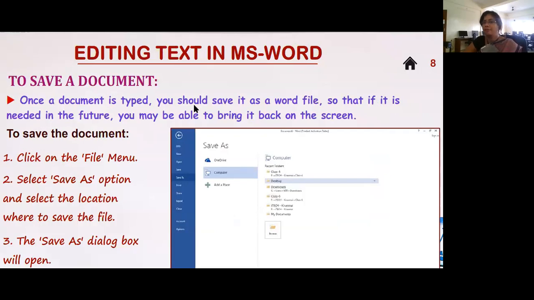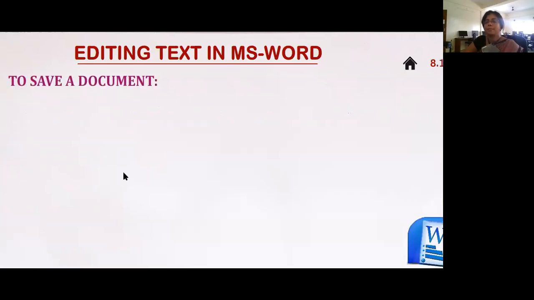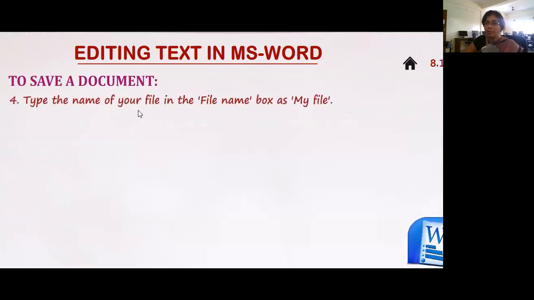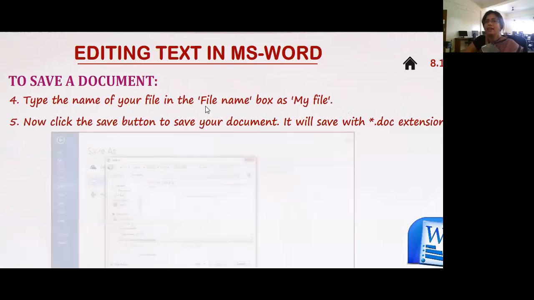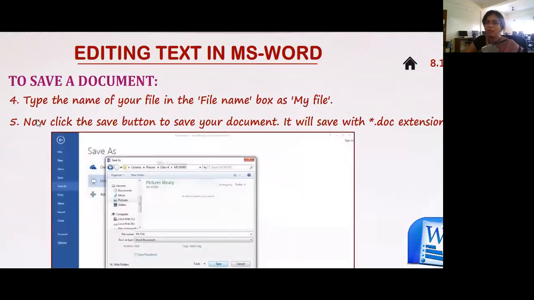Once a document is typed, you should save it as a Word file so that if it is needed in the future, you may be able to bring it on the screen. Click on the File menu, click on Save As option and select the location where you want to save the file. The Save As dialog box will open and type the name of your file in the file name box as my file or whatever. Now click the Save button to save your document. It will save with .doc